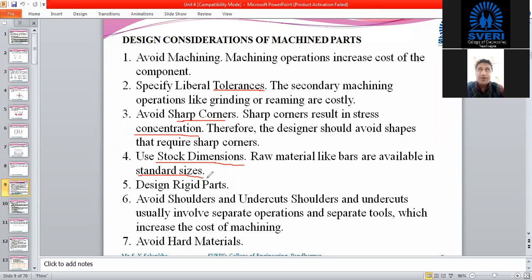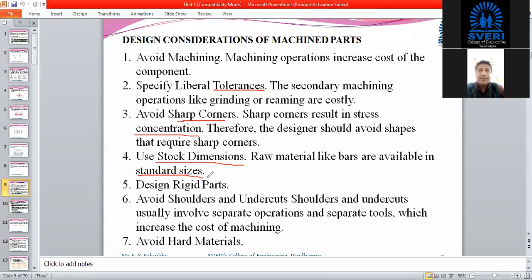Suppose we have a dimension of 8.5 millimeter for a component, say a round pin. But if the standard bar is available in 12 millimeter, then you can increase the dimension up to 10. If you want to reduce 12 millimeter diameter to 8.5 millimeter, then more material has to be removed.